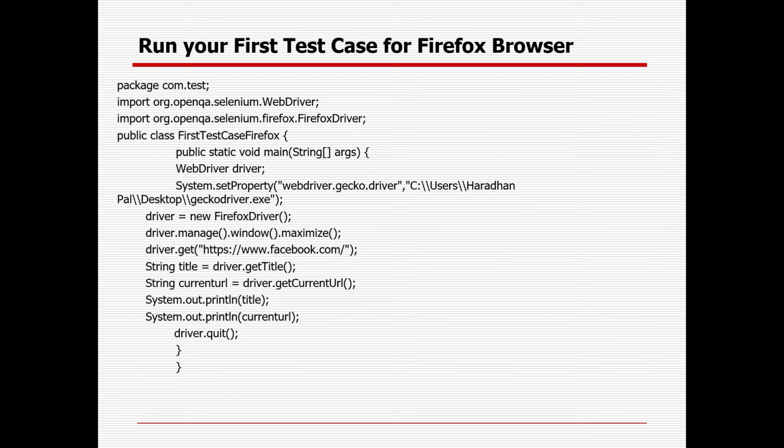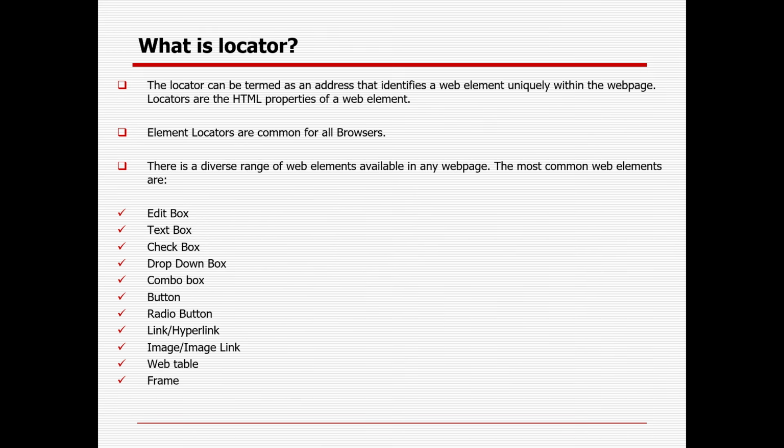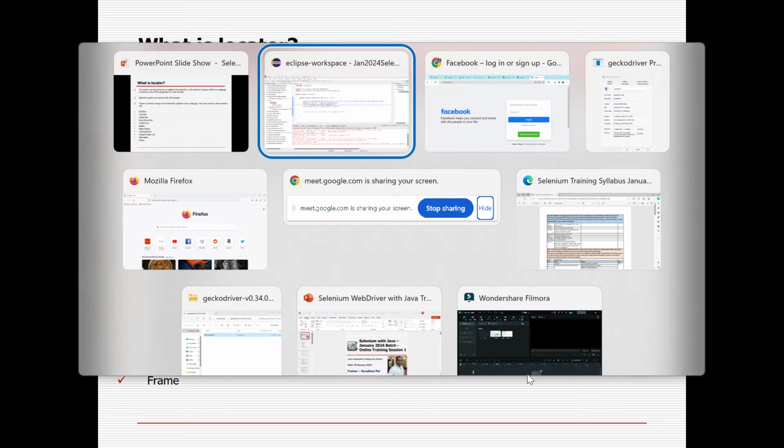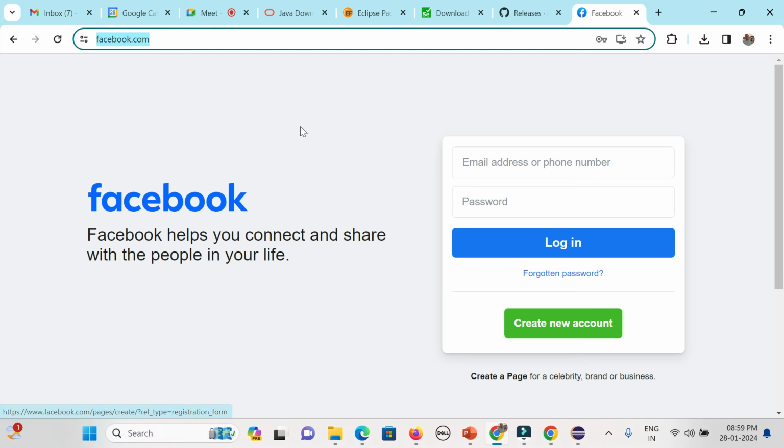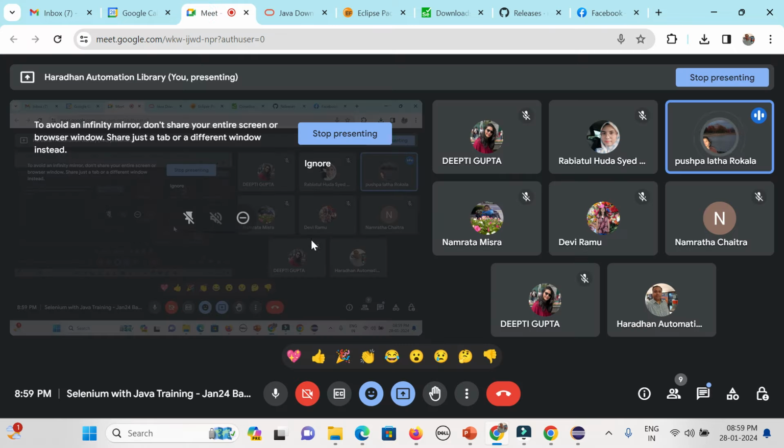Okay, so Chrome driver I will cover. Firefox driver I already told. Any questions before going to the next topic? Yes, that part I will share. Everything, all the PDF versions and the code also I will share. No worry.